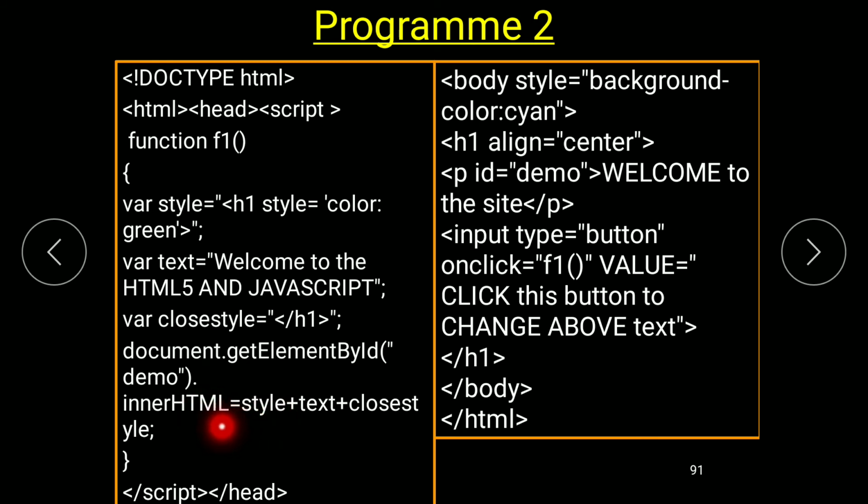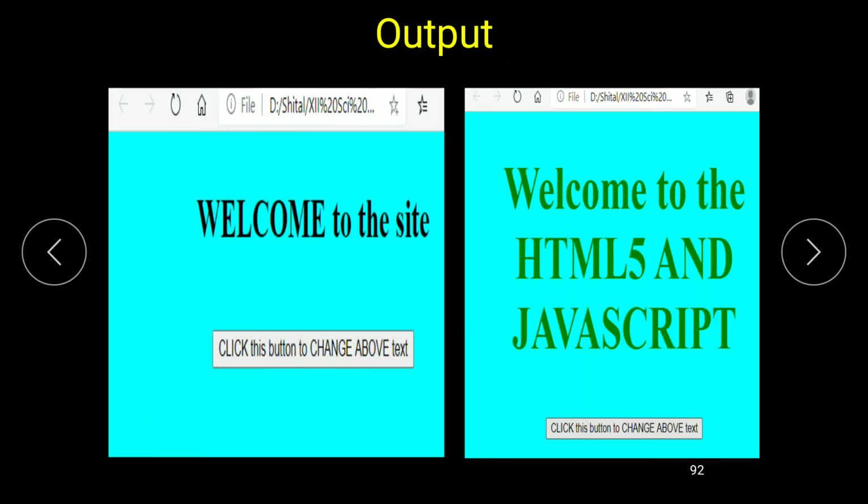In that I am going to add style plus text plus close style, means we add these three variables in a single line and we stored it in the innerHTML, and then script close, head close, and what will be the output you can see here.